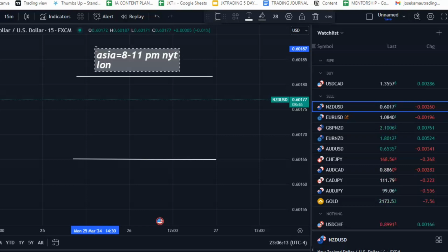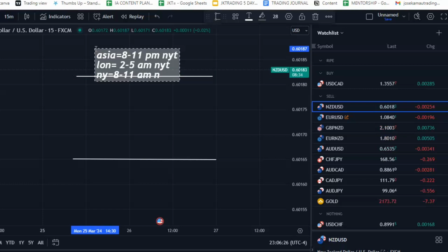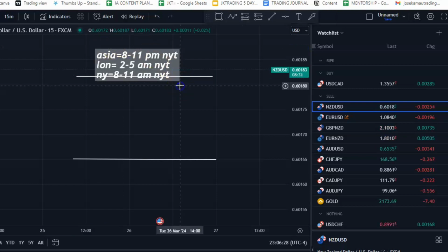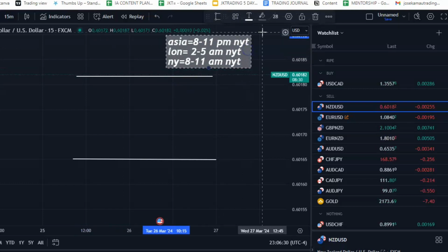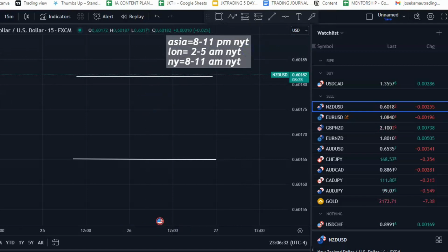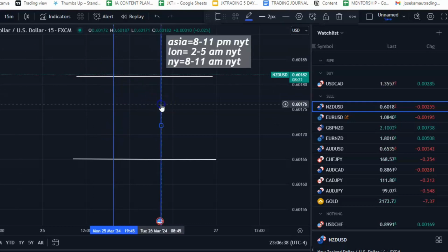And then London is 2 to 5 a.m. New York time. And then New York is 8 to 11 a.m. New York time. So in our case, we got our setup in the London session. So what we do is highlight the trading window so that we know when to start and when to stop